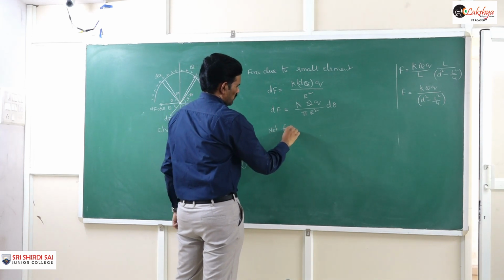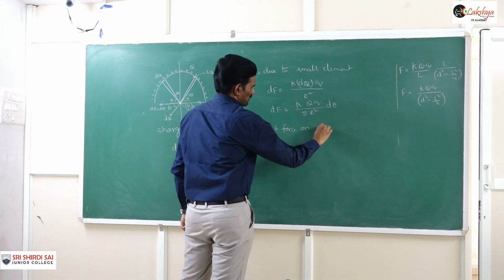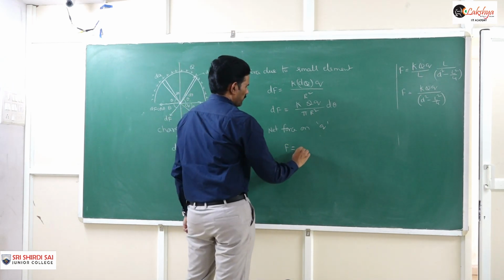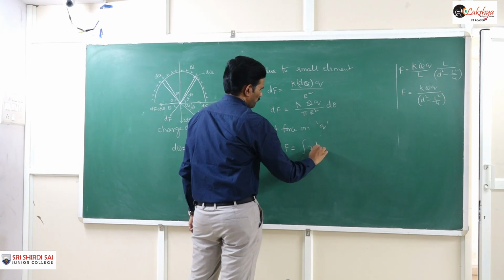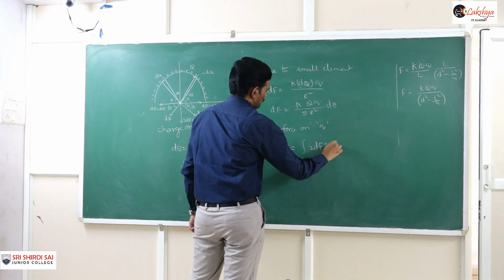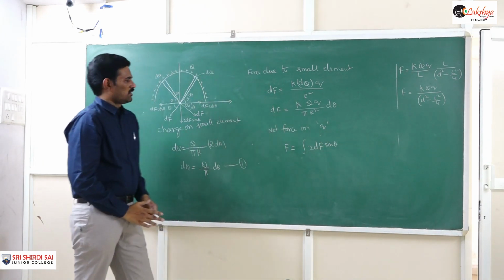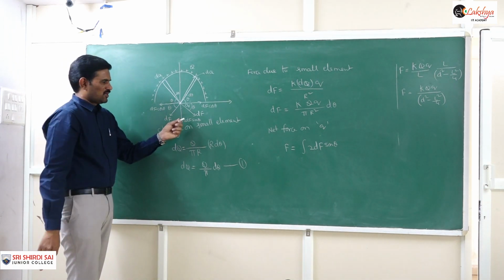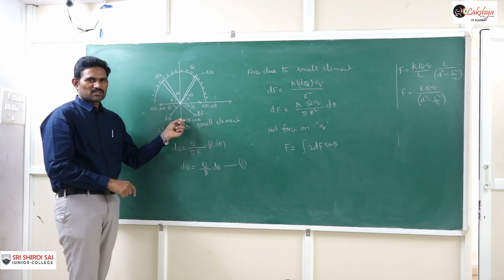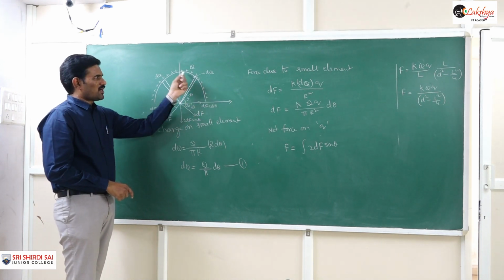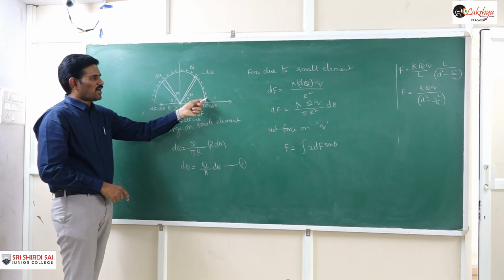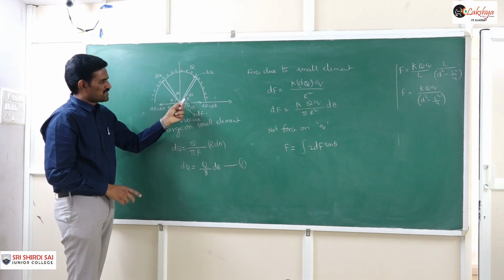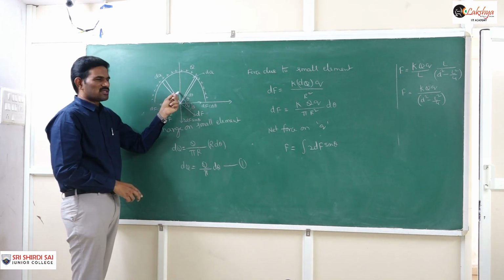So the net force on small q will be F is equal to the integral of 2 dF sin theta. And here, as you know, in previous 11th class also we did many problems like this. When you are taking this factor 2 here, we only need to take half of this given object. That means only half of this given figure, that means 1/4 of the circle only we need to consider. That means the theta value we need to consider from 0 to 90 degrees only.